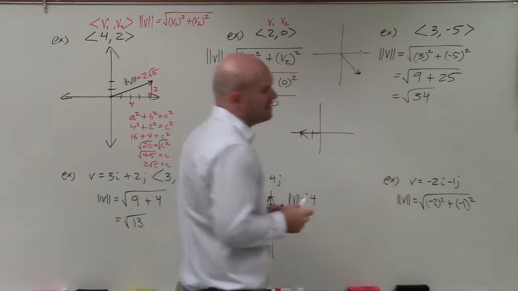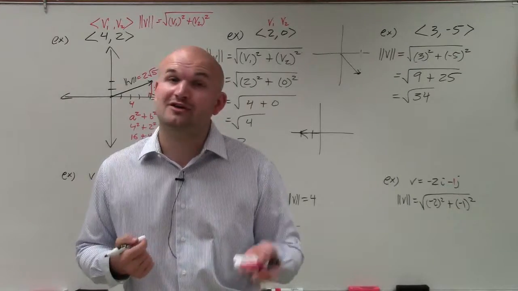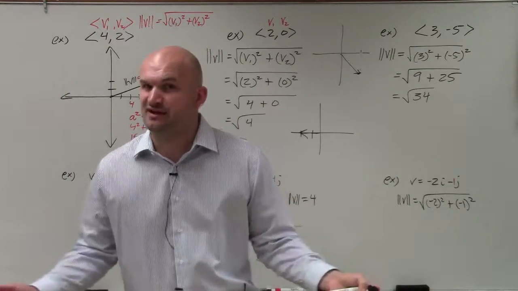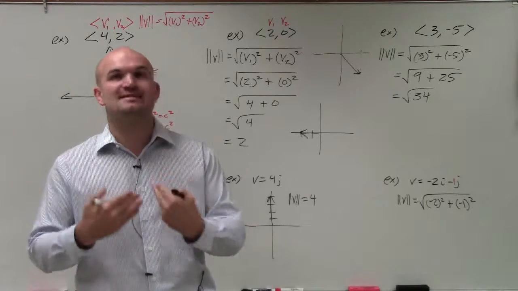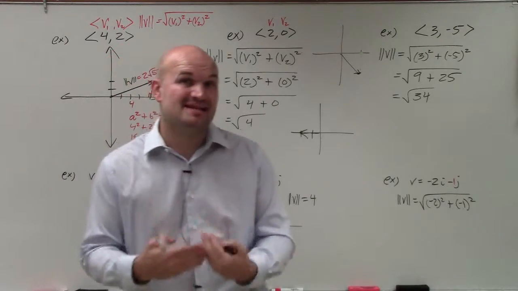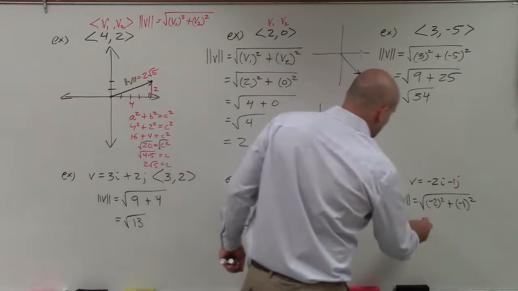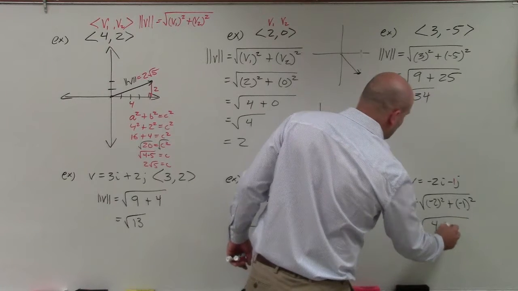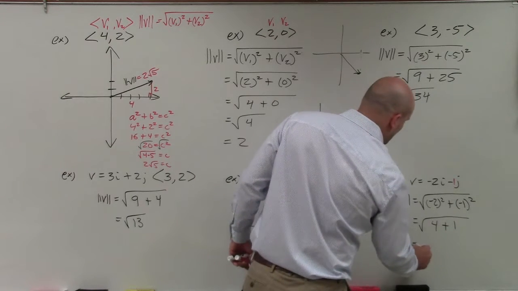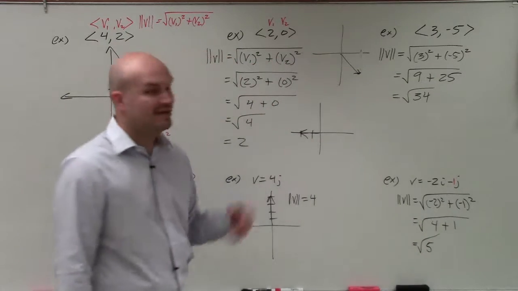And I wanted to write this one out because a lot of students get this confused. They'll type maybe in their calculator negative 2 squared, and it gives them negative 4, and they'll plug that in. But remember, you have to put parentheses. It's negative 2 times negative 2, which is a positive 4. So be really careful when you're entering that into your calculator. So that's going to be positive 4 plus a positive 1, which equals the square root of 5, which again cannot be simplified. So therefore, that's going to represent our